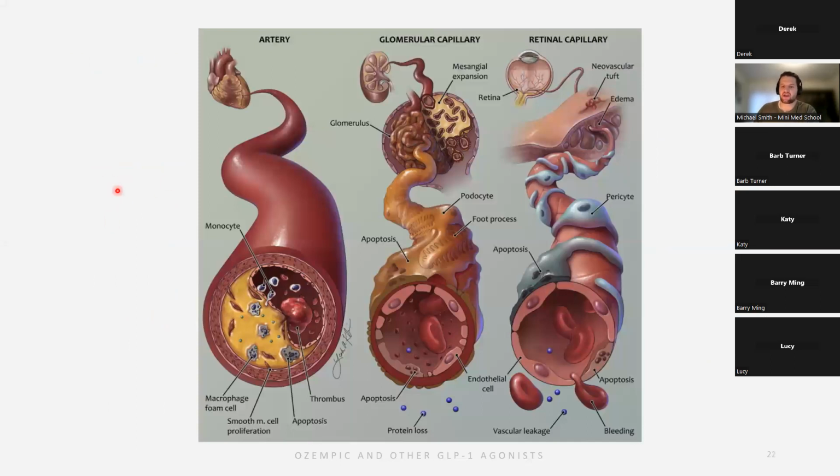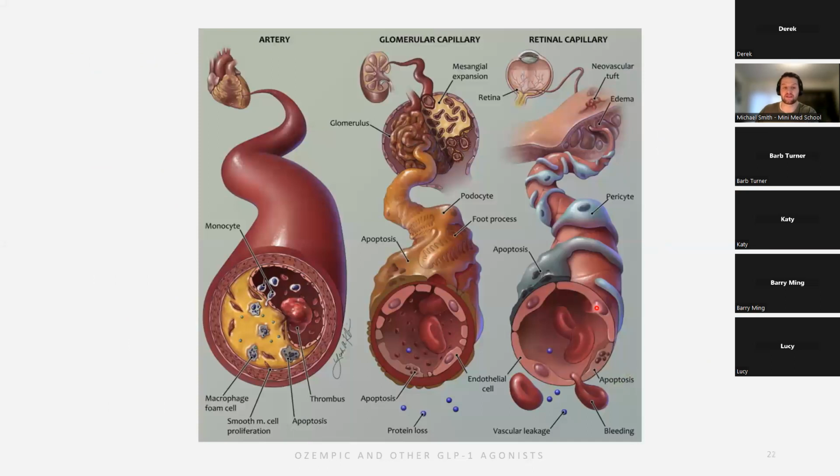Now, here's just a diagram of the vascular complications of high blood sugars that I was talking about, how they can lead to things like atherosclerosis or fat buildup in your arteries, this thing called nephropathy, which affects your kidneys and how they become very leaky and you can lose proteins in your urine, and